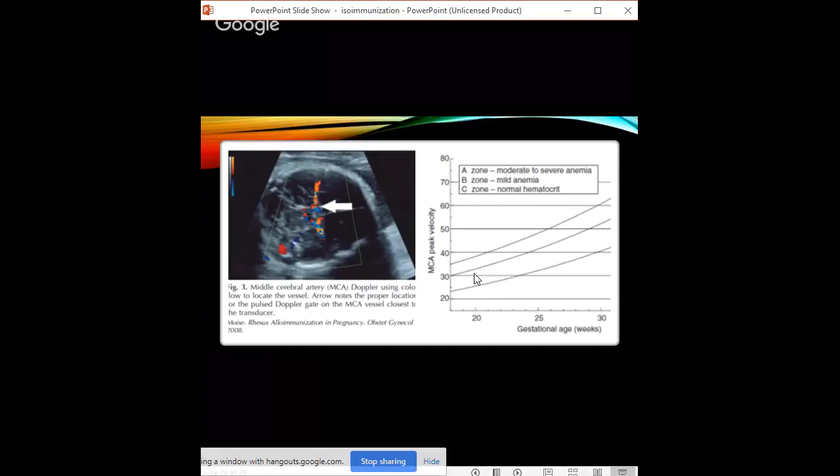It's placed at, I believe, 90 degrees to the mother, and the circle of Willis is visualized. And what they do is measure the velocity at which the blood is flowing through the middle